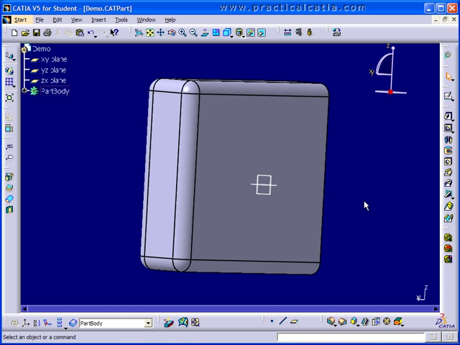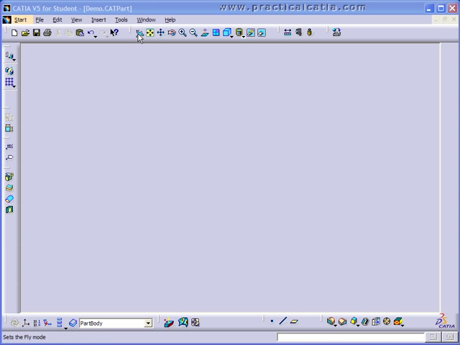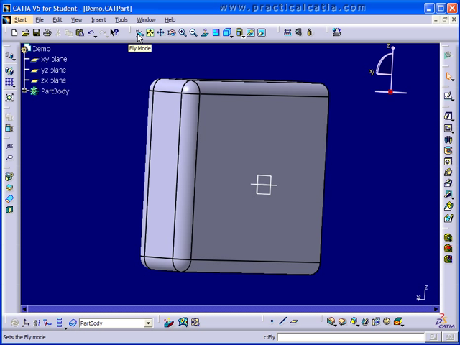Next toolbar we're going to take a look at is called the View toolbar. It's at the top to the right of the standard toolbar. And the very first tool we see is called Fly Mode. And in order to really get an idea what fly mode does, we're going to need to put